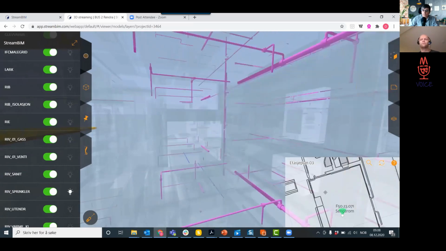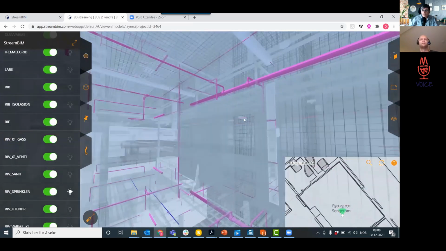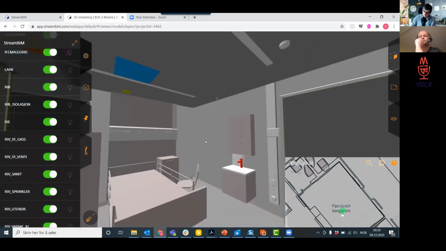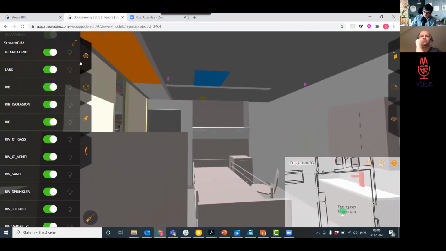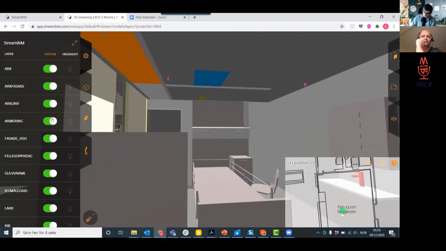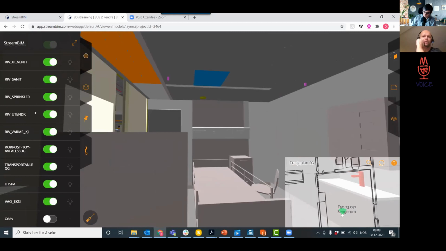Same with sprinkler, you will see the sprinkler system highlighted. The idea behind this is that as a contractor or a subcontractor, you will usually be responsible for one layer, or could be responsible for one layer. So it's an easy access where you can see all the objects that are covered by your contract highlighted, basically. So that's the general grouping and organizing of